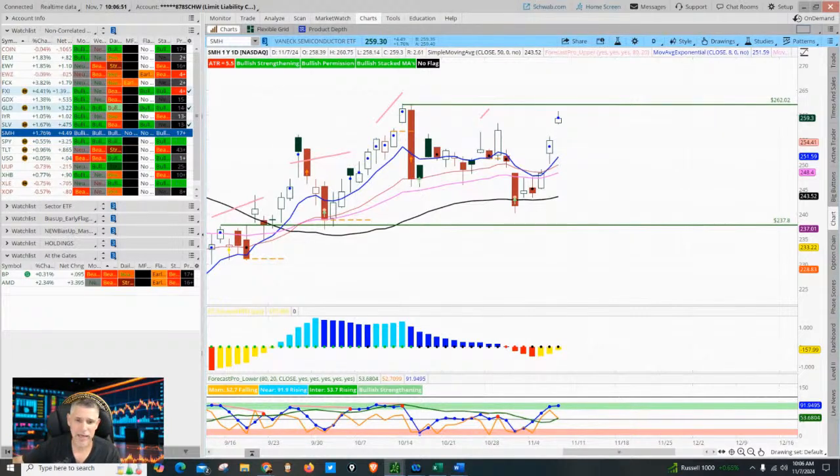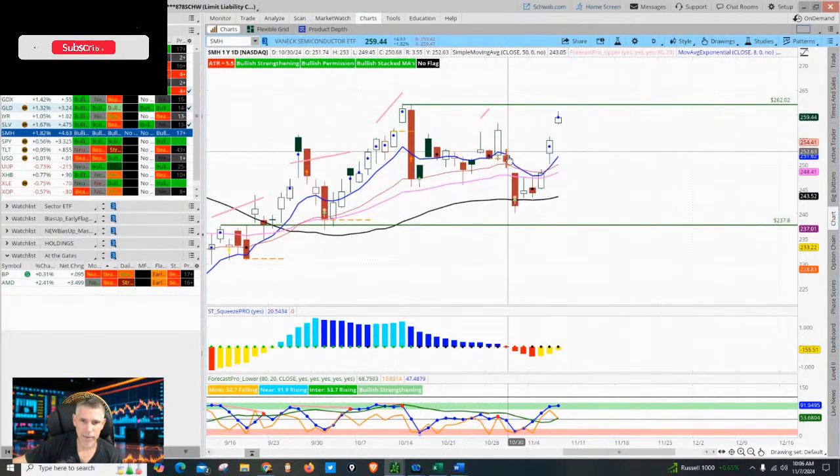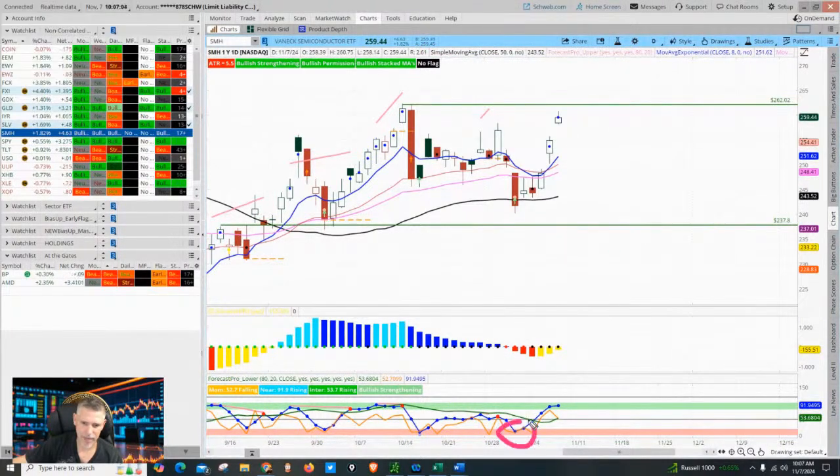Semiconductors. It's a beautiful breakout setup going on. Again, black squeeze way out of the zone, but just be patient, right? When it pulls back into your zone, like right here, that would have been an entry right there.